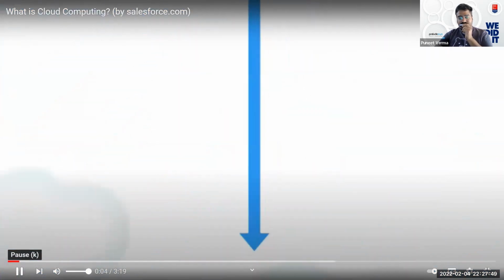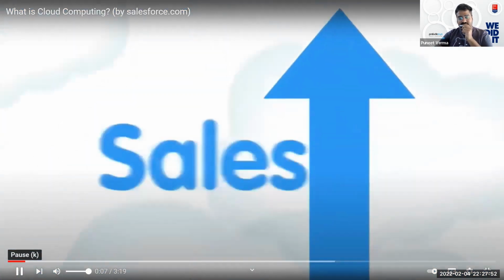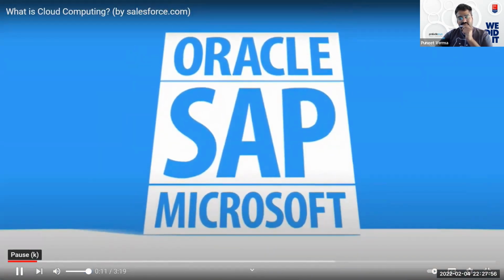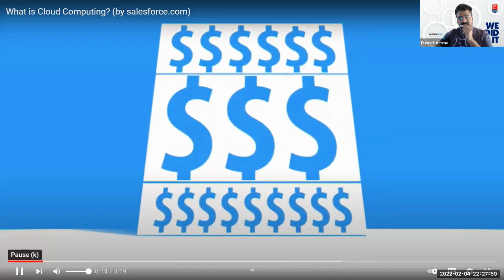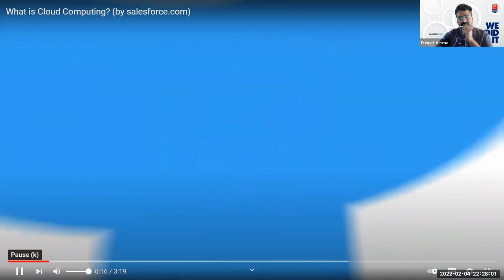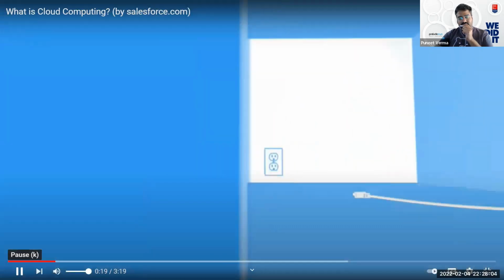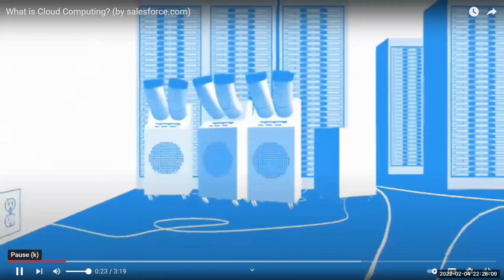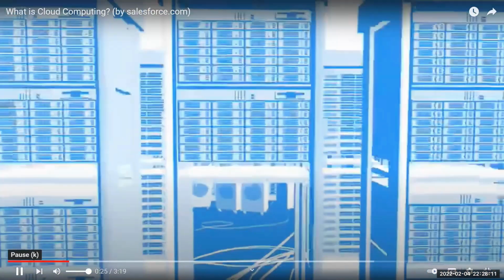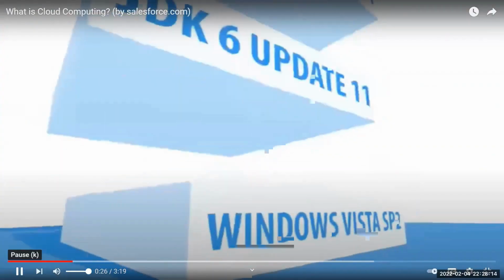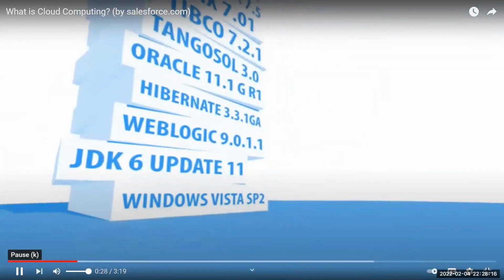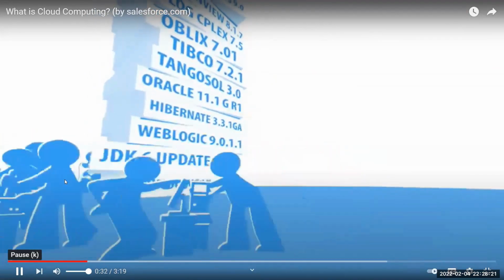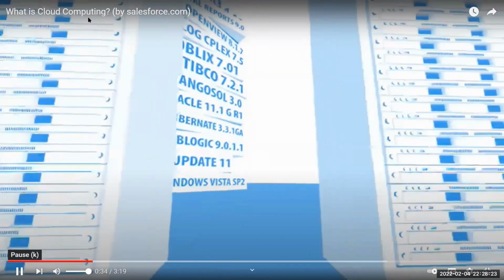You have big ideas to streamline your business, drive sales through the roof. But to get there, your ideas need business apps. And business apps have always been too expensive, especially in times like these. Behind each one is a world of complexity. They need a data center, office space, power, cooling, bandwidth, networks, servers, and storage, a complicated software stack, and a team of experts to install, configure, and run them. You need development, testing, staging, production, failover environments. When there's a problem,